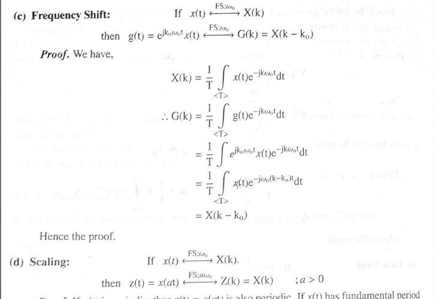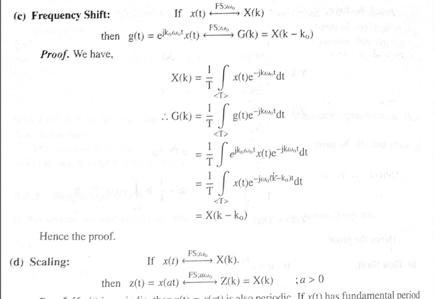Now let's write x of t, and we have e raised to minus j k omega naught t, and here the same e raised to j omega naught t, except this is k naught here and here it is k, one with a minus and the other with a plus sign. So we can write this as x of t e raised to, and remember we need to write it as e to the power always minus, because our x of k has the minus term. So e raised to minus jk,